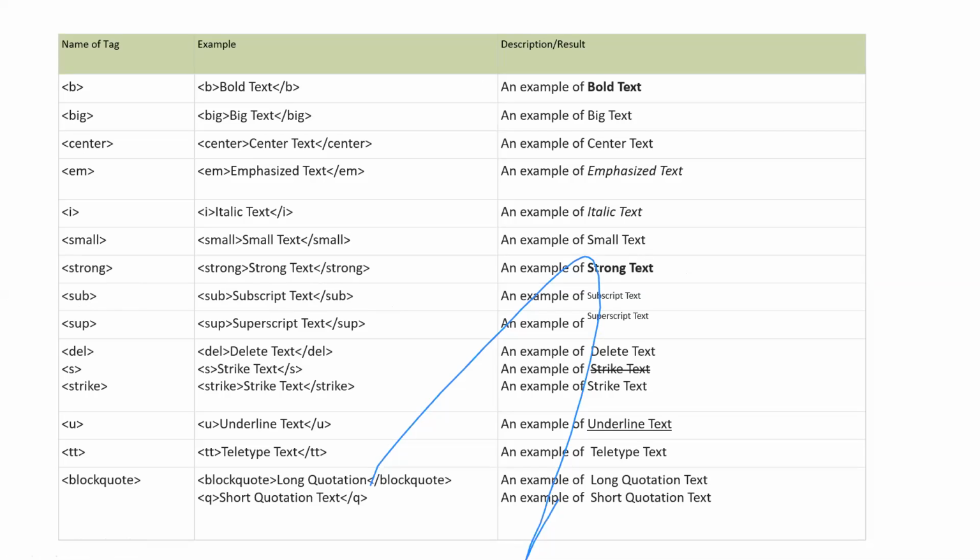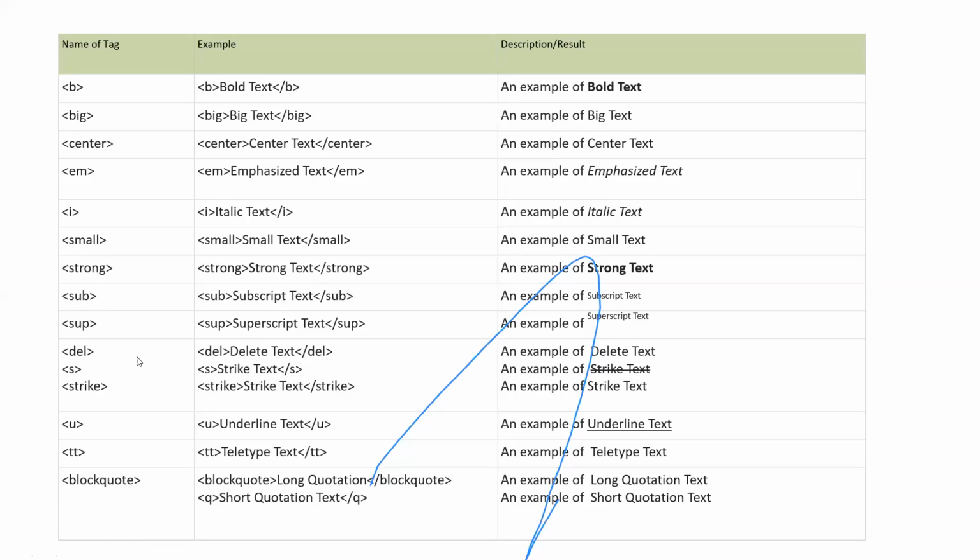I'll show you all these things later on. Then your text becomes a subscript. Then superscript. SUB is for subscript text, SUP is for superscript text. If you want to make your text a subscript or superscript, you can use these tags.